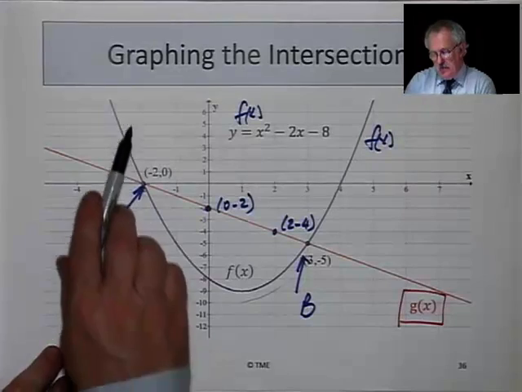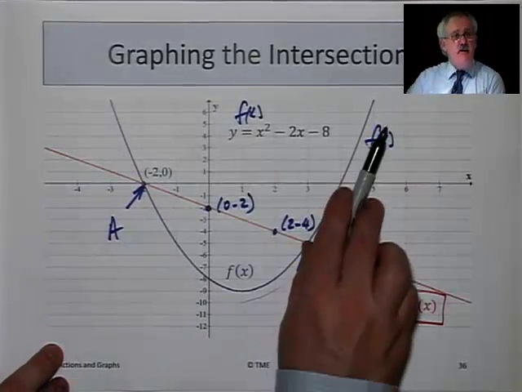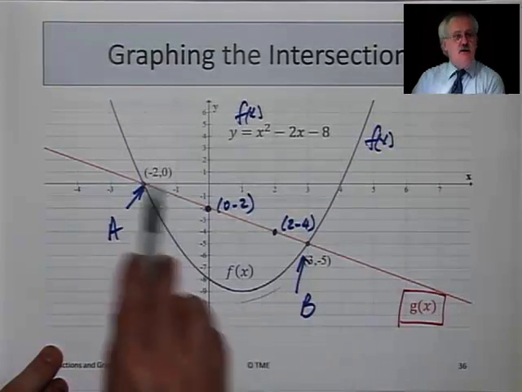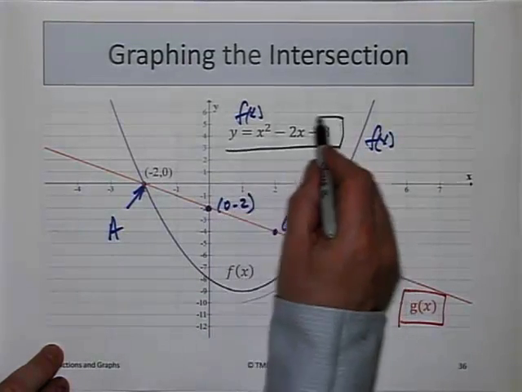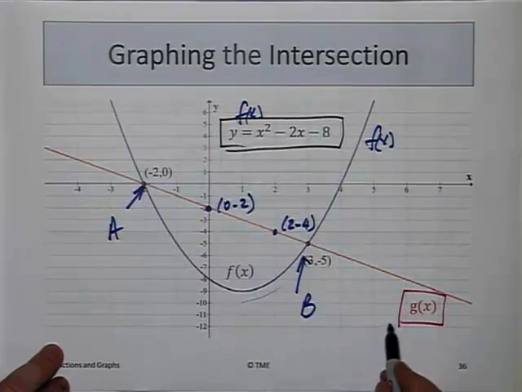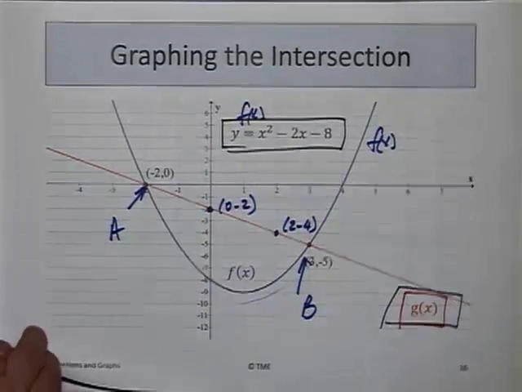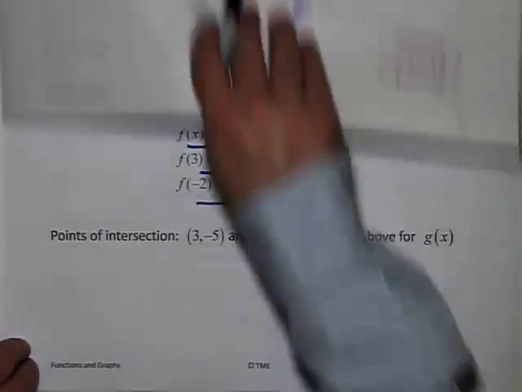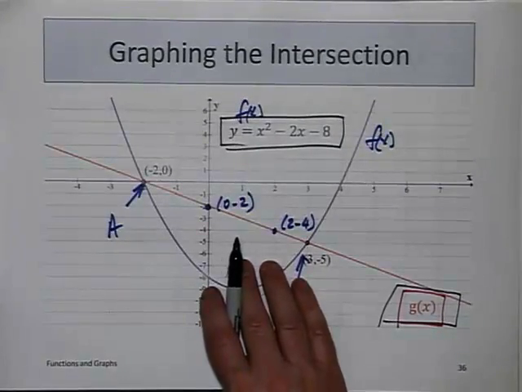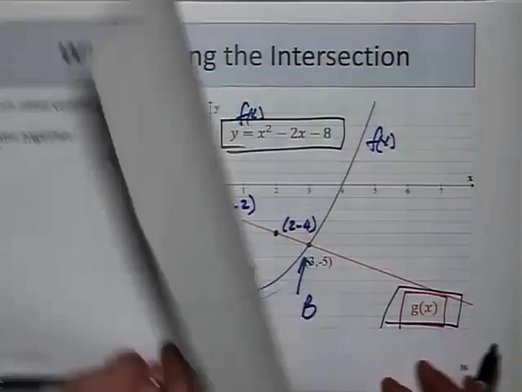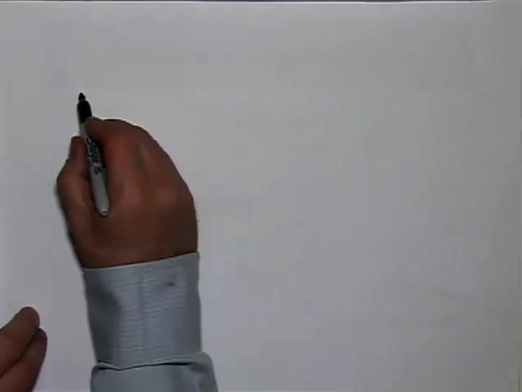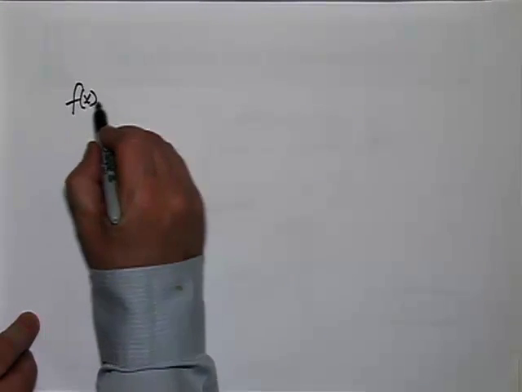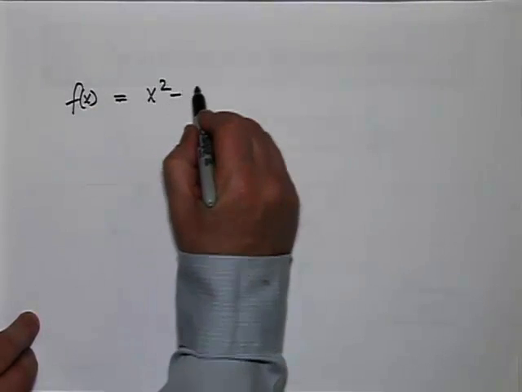Well, the answer is that point A is on f(x), and it's also on g(x). So it's on both. In other words, this equation here is also this equation here. So let's see how we can do that. We're saying that if the two equations are the same, f(x) is equal to x squared minus 2x